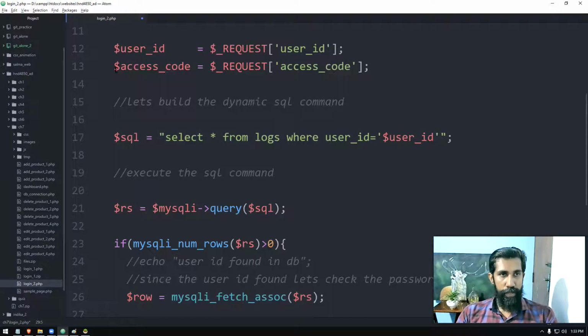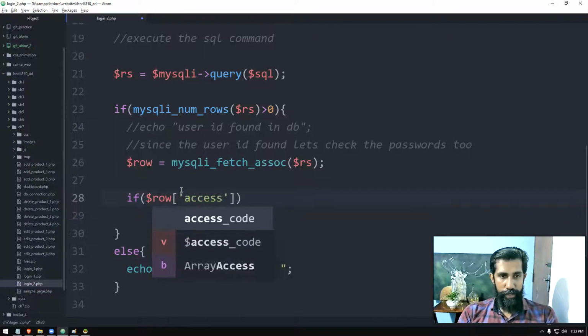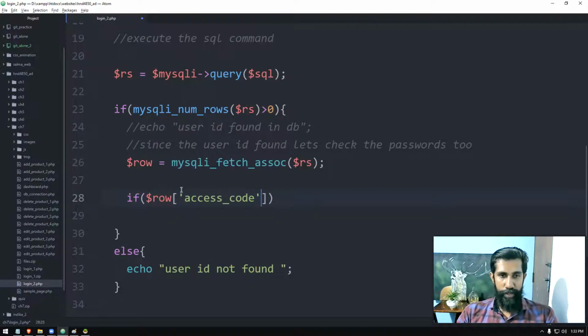So the password, we have it in this variable, right? Okay, let's try that. I'm going to type if, now watch this, if dollar sign row array access code. Now row array means the array is getting created by copying the database records. Actually here only one record is there. That record's contents are copied to the row array.